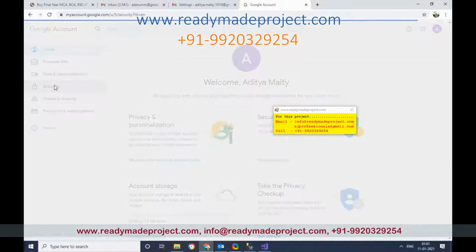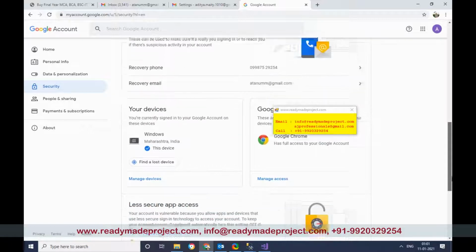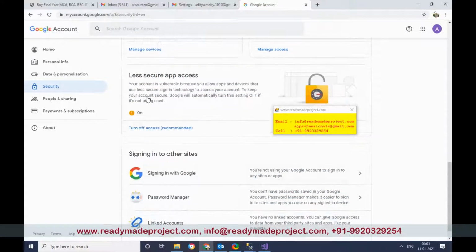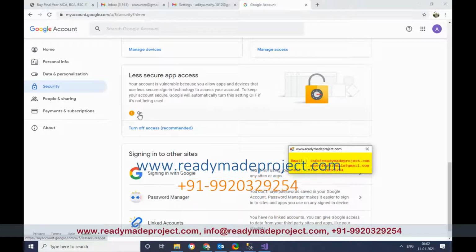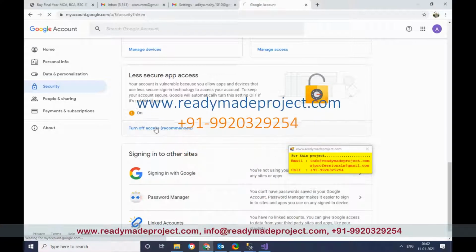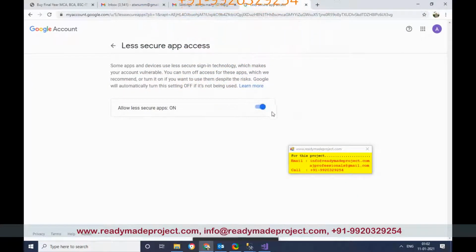Just click here, and you will get one option called less secure app access. By default it will be off. You have to turn it on. I already turned it on. If it is off, then email will not work. So you have to click and give it as on. So here the option is on and off, and you have to just click on. Okay, so these settings you have to do.